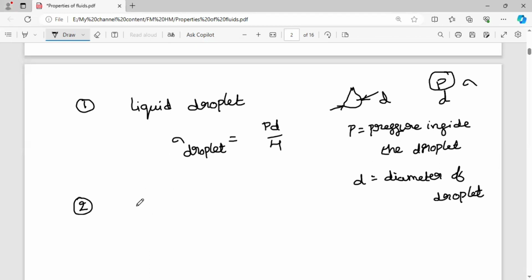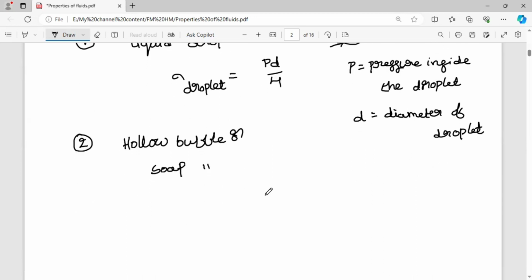Next, the first case is the liquid droplet or rainwater. The second one is the hollow bubble, or soap bubble. For that hollow bubble or soap bubble, we can write sigma